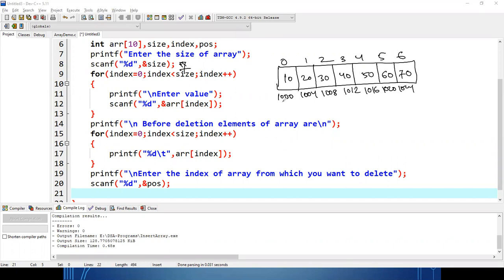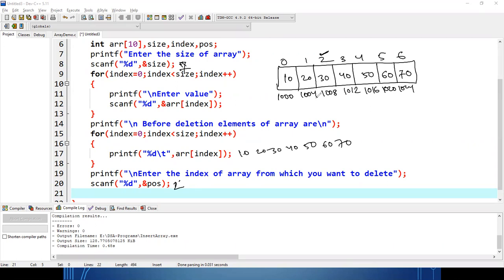Before deletion, it will print all the values 10, 20, 30, 40, 50, 60, 70. All the values are available. After that, I have given the position 2, meaning I want to delete the element from position number 2, so I want to delete 30.